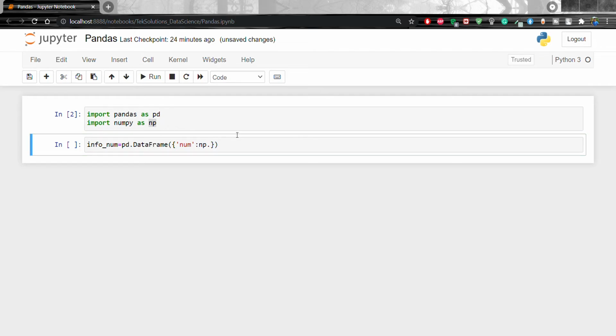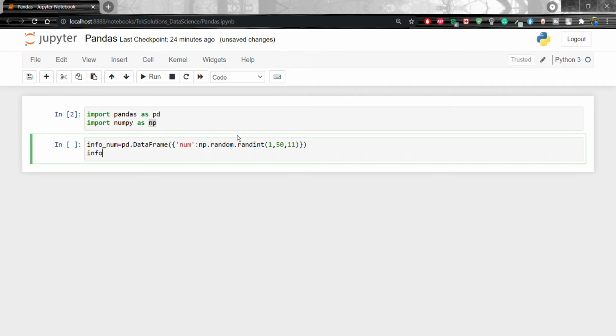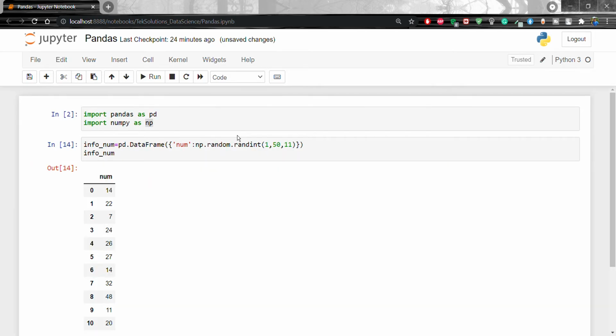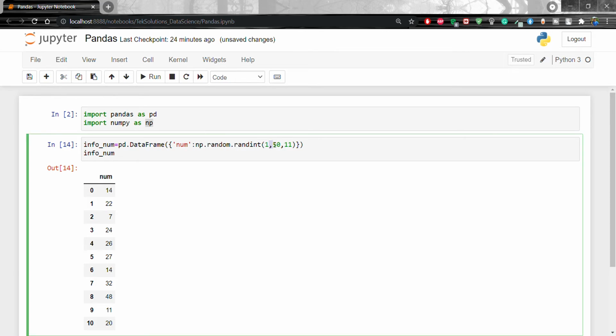We have 11 values, ranging between 1 and 50.